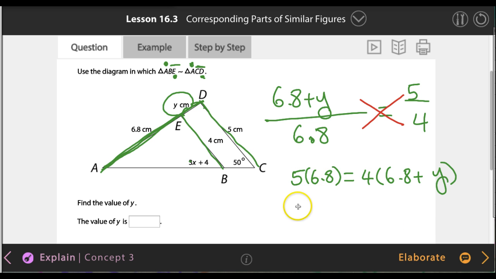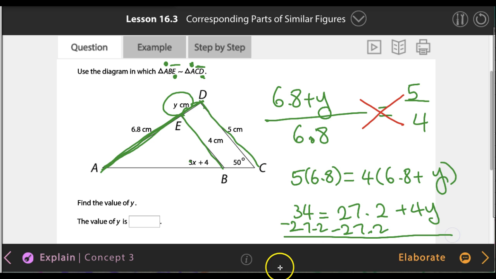But 5 times 6.8 is, so it's 34, and that equals 27.2 plus 4y. So of course we're going to subtract 27.2 from both sides, and